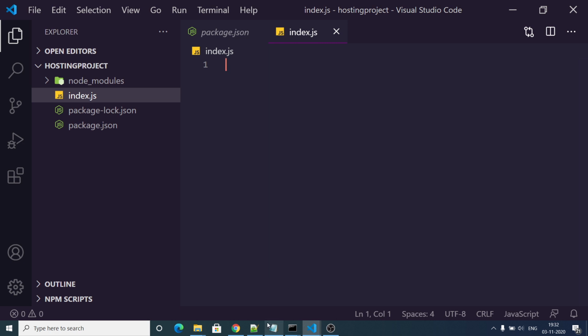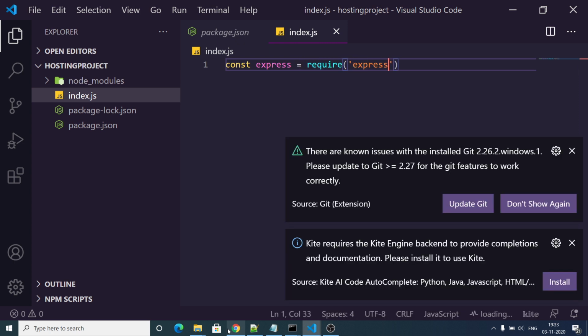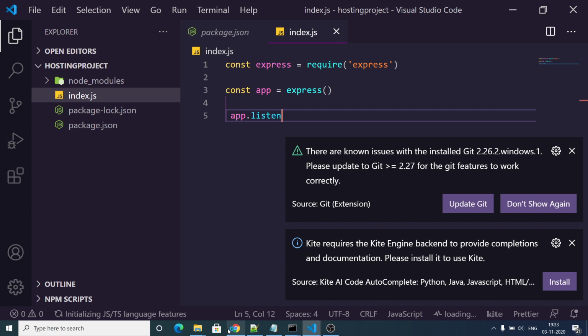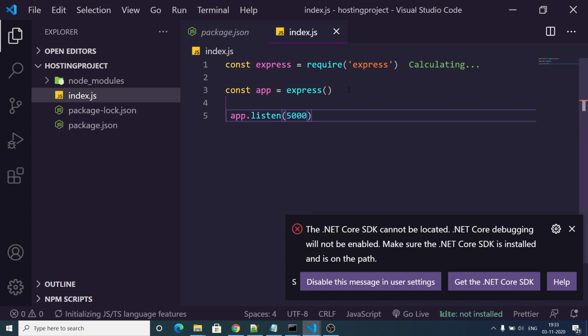And now inside this, guys, we can just make our Express server. So we can require express, and we can just make a simple Express instance. app.listen 5000, we will be listening on port 5000, and app.get. And when we hit the home route, we need to